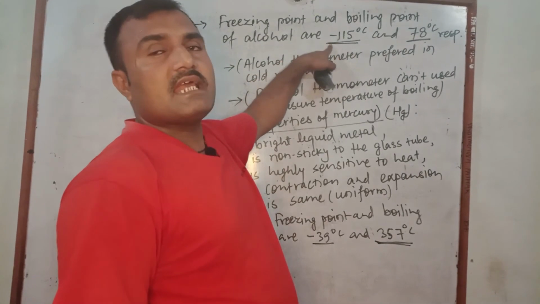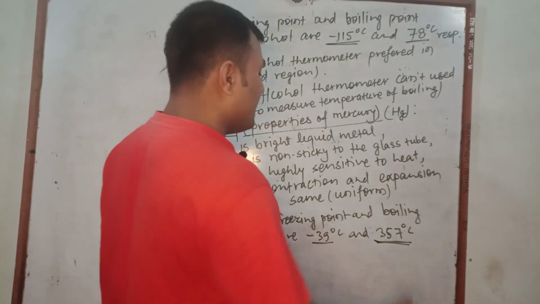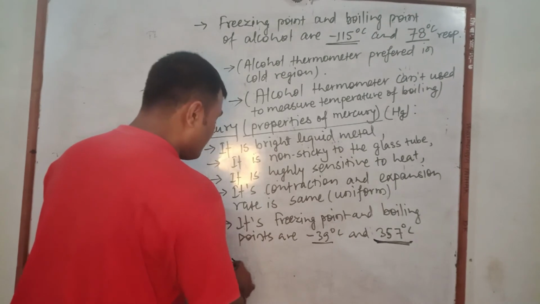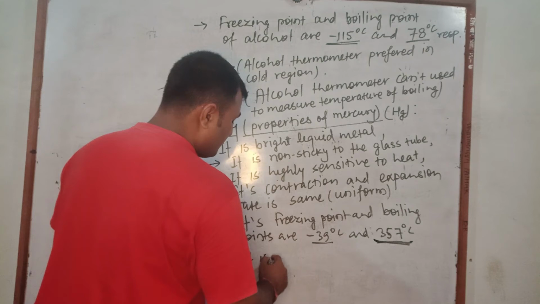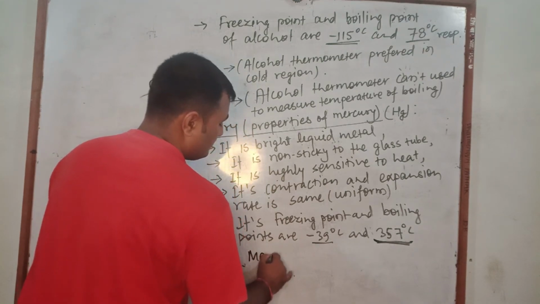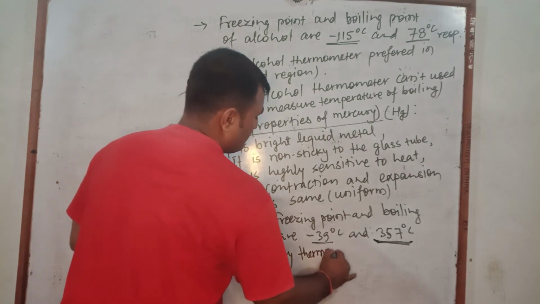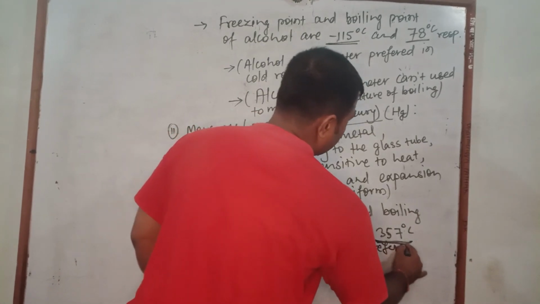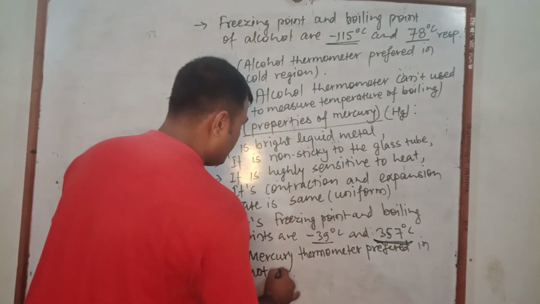Alcohol thermometer can measure lower temperature, therefore preferred in cold region, and mercury can measure up to 357 degrees Celsius, therefore our mercury thermometer is preferred in hot region